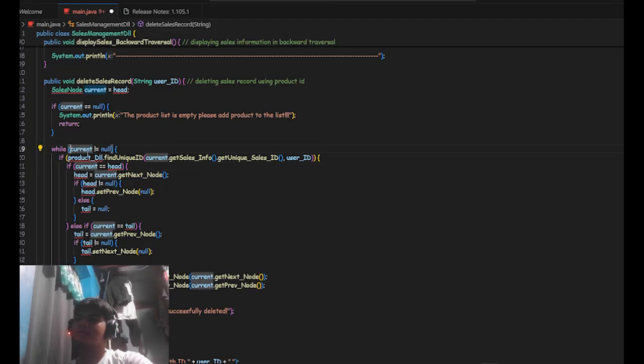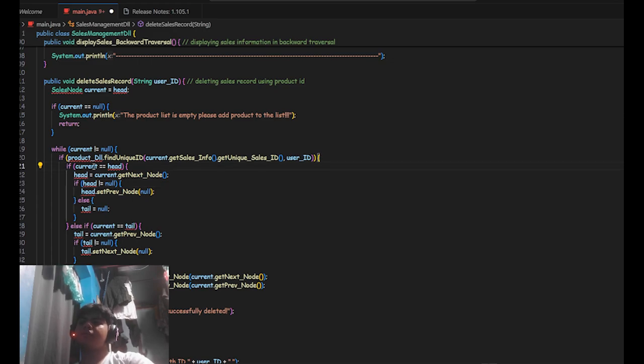While the current is not equal to null, we create this if statement: if the product ID finds the unique ID, then we set it to the current sales info, get unique sales ID, so the sales ID and also the user ID.